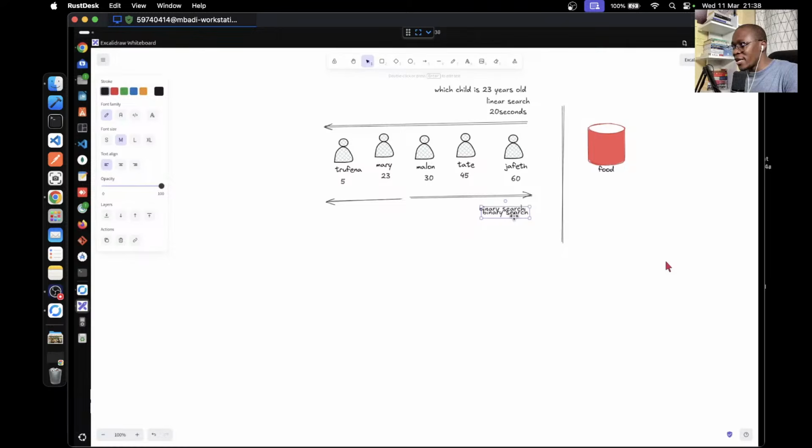So this is binary search, and this person, it might take them even 5 seconds, because all they have to do is go through 2 steps. Number 1, split them into 2 groups. And number 2, go to the group that you want to focus on. And there you find the person you're looking for. So this is binary search. Is now everything well understood?